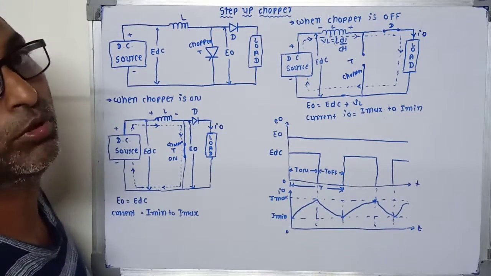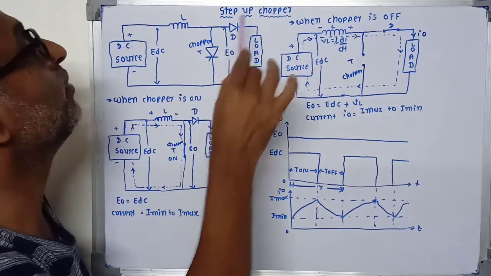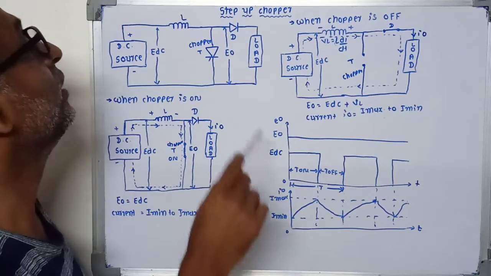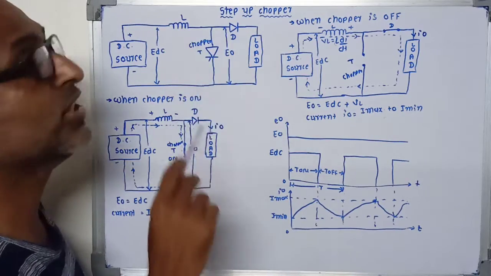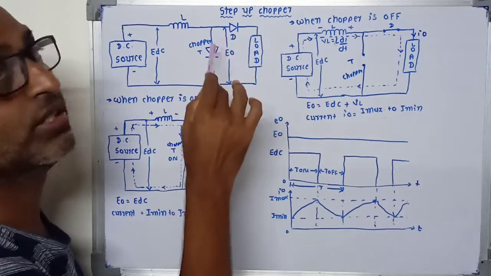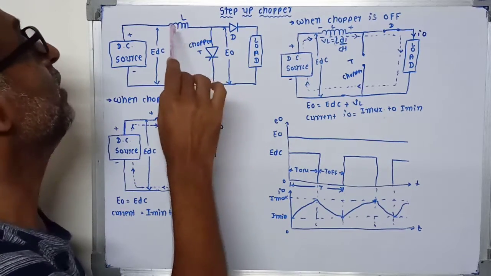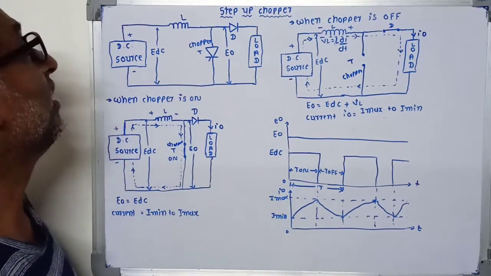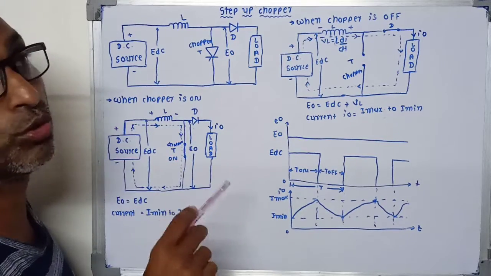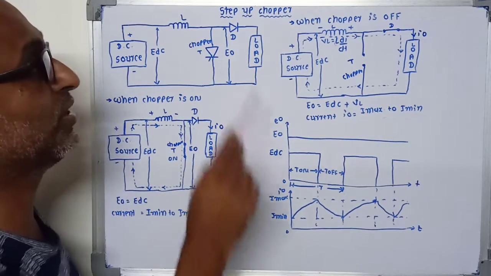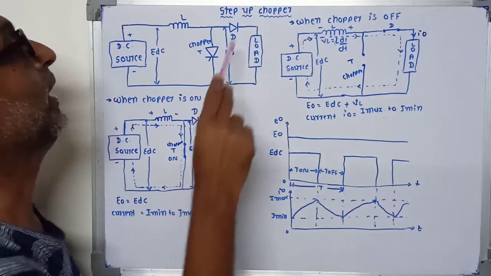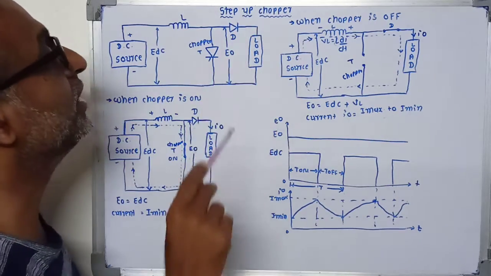Step-up chopper. So this is the basic circuit of the step-up chopper. Here the inductor L and diode are connected as shown in this figure. A large value of inductor L is connected in series with the DC source. It is the most important condition for the step-up chopper, and this diode is connected in series with the